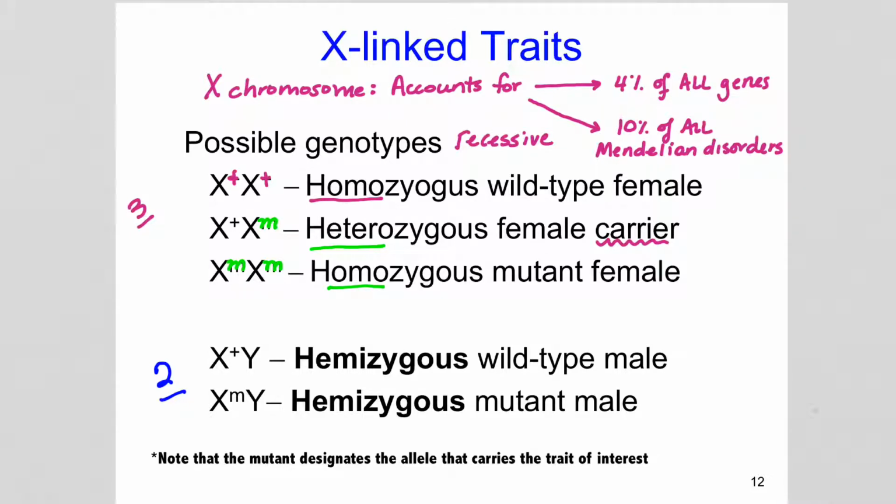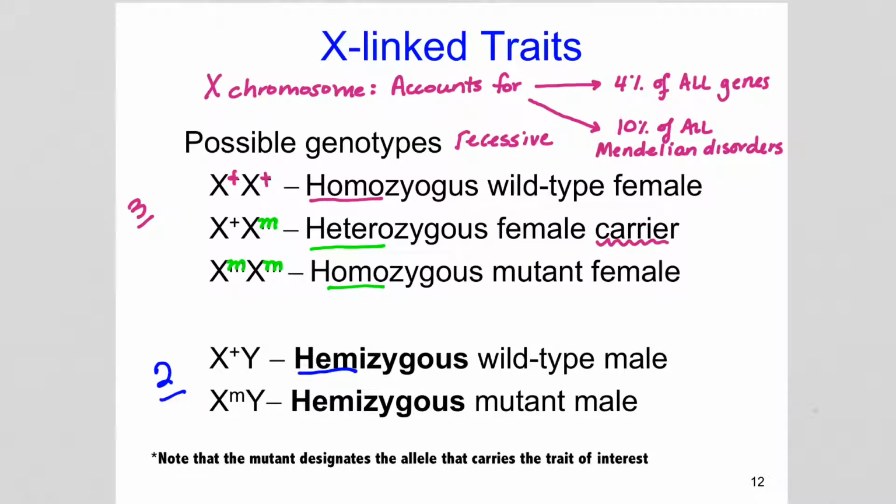is found on the X chromosome. So in other words, there is no extra backup copy of that allele to mask the expression. Whatever they inherit on their X chromosome from their mother, that is what will be expressed. So in this case, the two potential genotypes, in both cases,